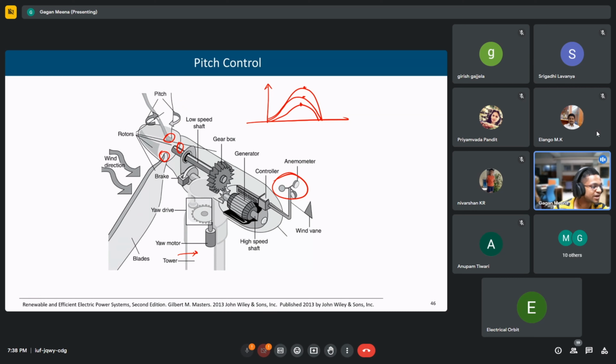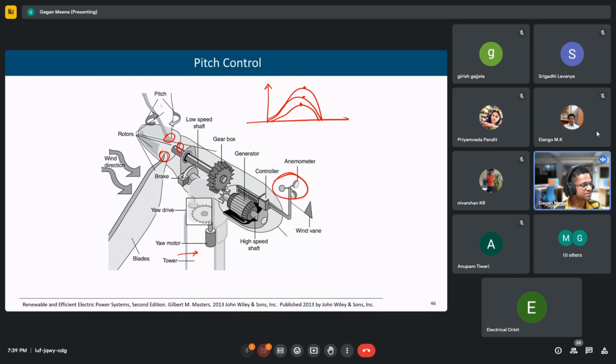Just as in solar, we do the same thing. Although irradiance keeps on changing, we are still able to extract the maximum power from the solar. What about the frequencies, sir? For that situation, frequency is varying continuously now. Yes, frequency is varying.